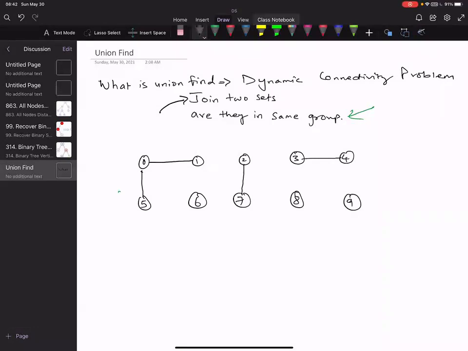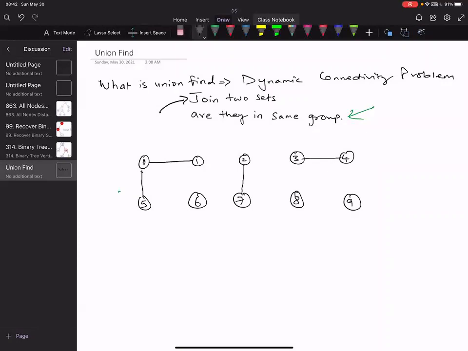So suppose we are not using the union find data structure. What is the other way to solve this connectivity problem? Let's say 0 and 1 are connected, 0 and 5 are connected, 2 and 7, and 3 and 4 are connected. Now we have to ask whether 1 and 5 are connected or not, or 2 and 5. What other way can we solve it if we are not using union find? We can use DFS.